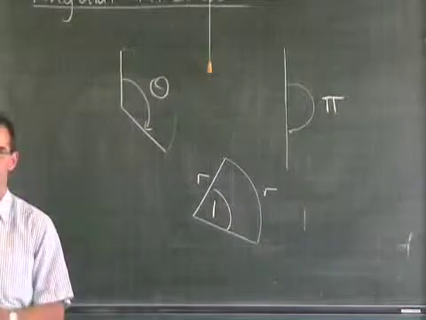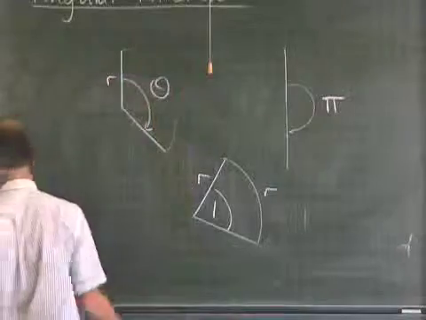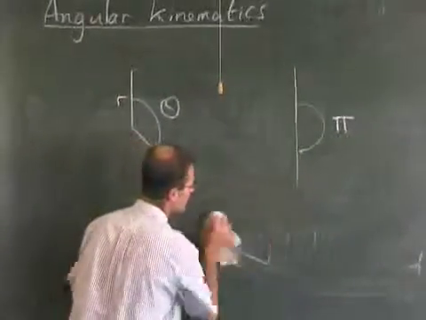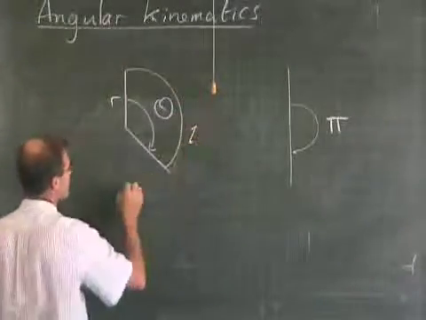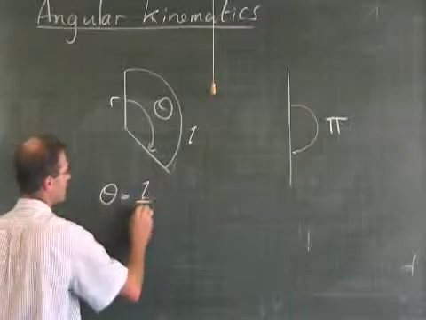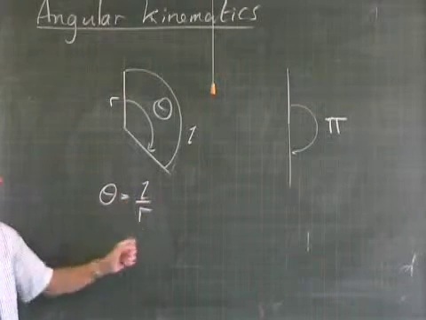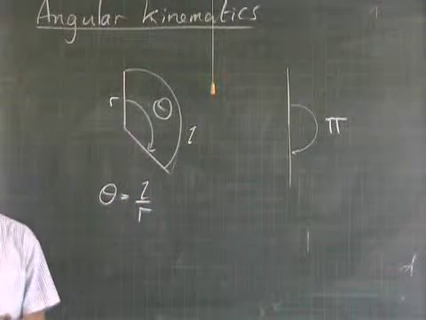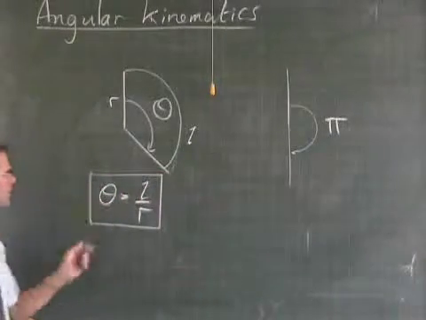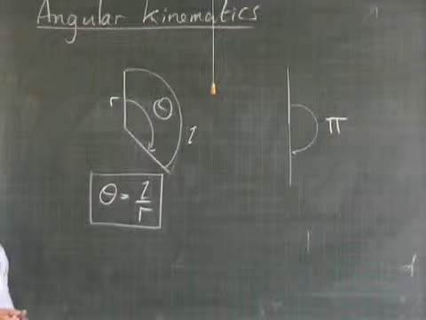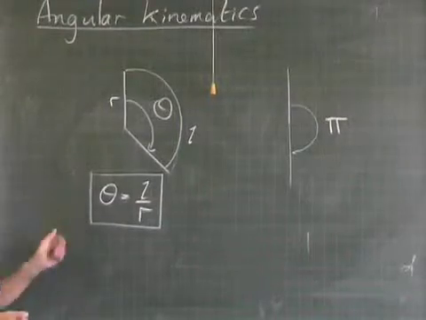of measure there. So to get any angle in radians, say if you've got a radius here, and you're trying to find out what that angle would be, you'd need to measure that length there. So theta will be equal to the length divided by the radius. And it's in radians, and because you're dividing length by length, really the dimensions or the units for radians, there are none. So that's first thing. Theta, the angle, is just the length divided by the radius. Now the next bit is how do we get